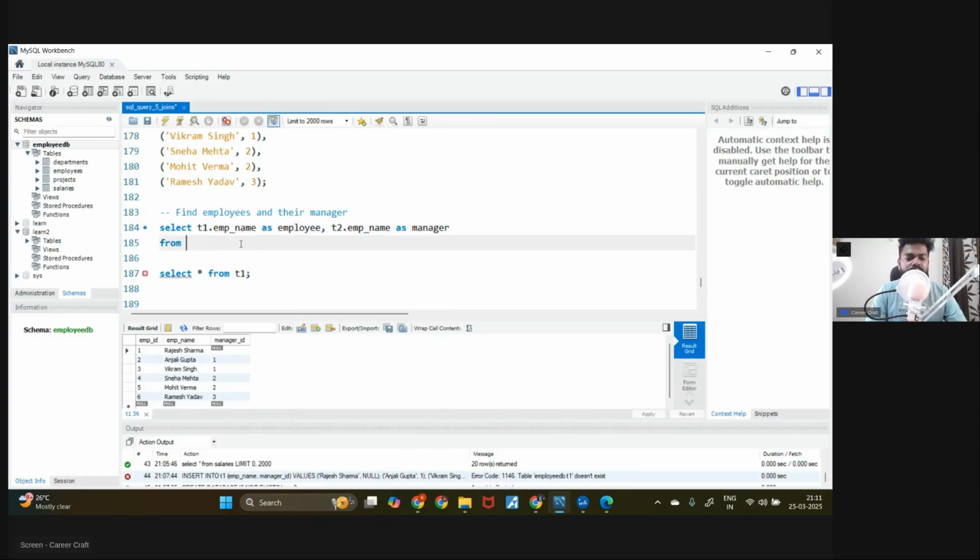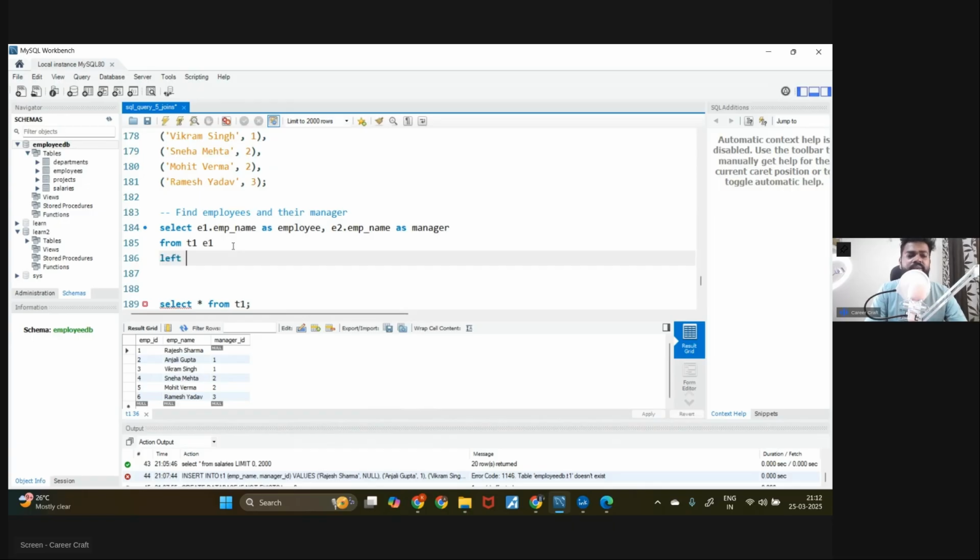So from T1, let's say T1 as E1. T1, E1, just write it. Anyway, you can write it. Sorry for this, I had changed the name to T1, and that's how it looks bad now. But anyway,